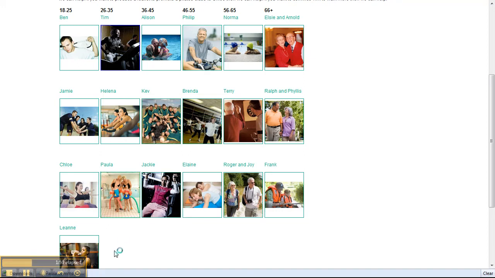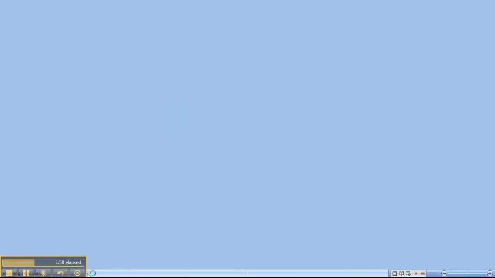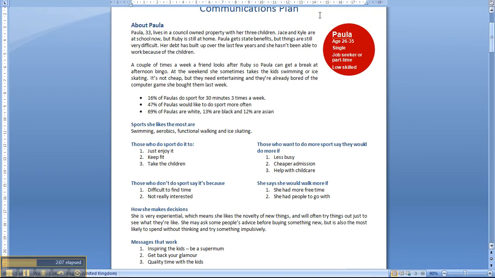That's going to download for us this communications plan. Just open that up. And we can see a communications plan explaining about Paula. So we've got a short description about her, how much activity she does, ethnic groups generally that Paula belongs to,